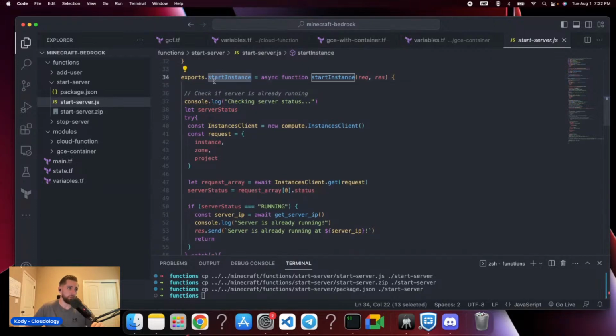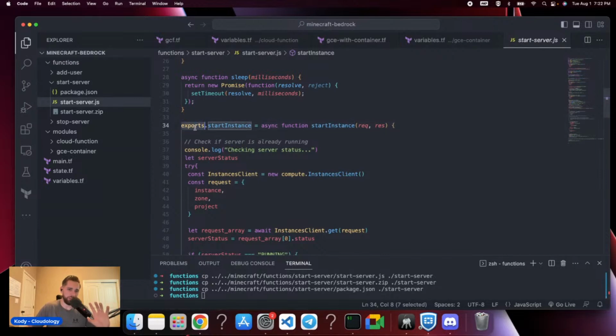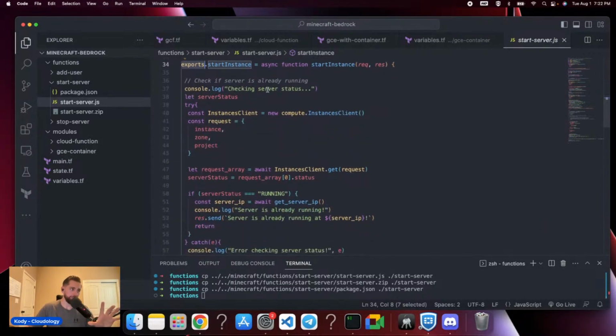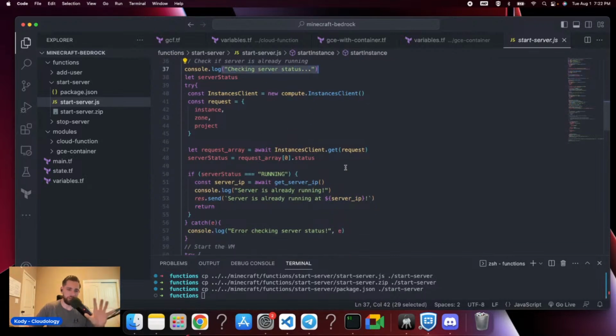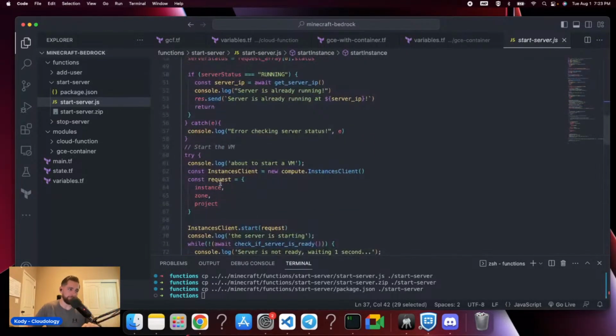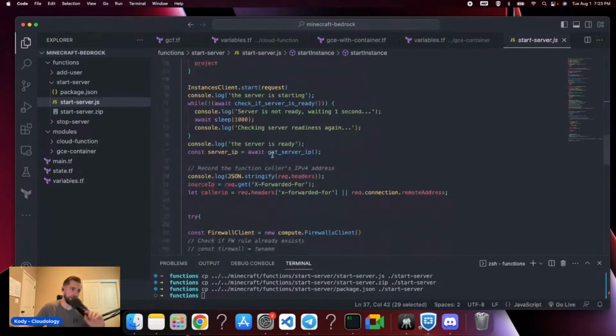In order for Cloud Functions to run, you actually need to export the one function that you want to run. So we're just going to export our start instance, which is going to be an asynchronous function. Essentially, this checks the server status, and if the server's already running, it's not going to try to start the server again. However, if it's not, it's going to start the VM, and it's going to check to see if it's ready. And then once it's ready,